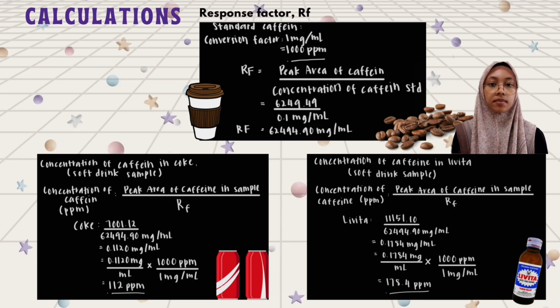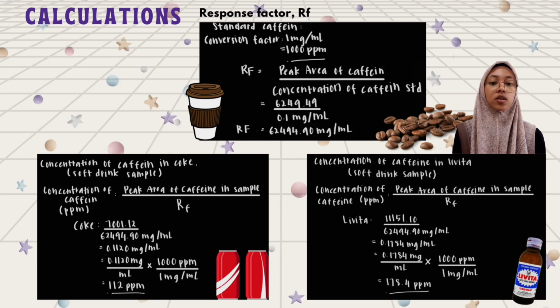And then the next step, convert them into ppm by times it with 1000 ppm over 1 mg/ml. So it's gonna be like this: 0.1120 mg/ml times 1000 ppm over 1 mg/ml. So the answer that we obtain is 112 ppm. That's for Coke. Lastly, for the concentration of caffeine in soft drink sample number 2, which is Levita, the steps